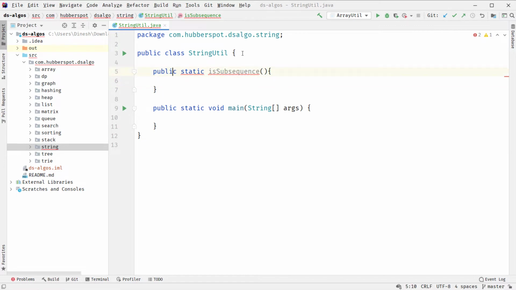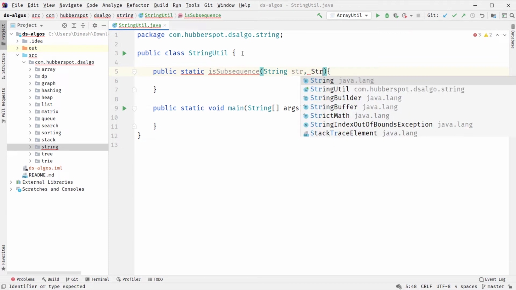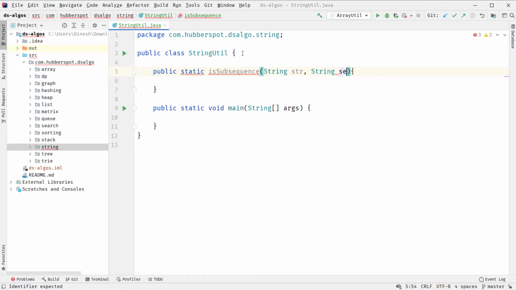This method will take two strings. One is the original string, another is the sequence. We need to find out whether this sequence is actually a subsequence of this string or not. So the return type would be a boolean.